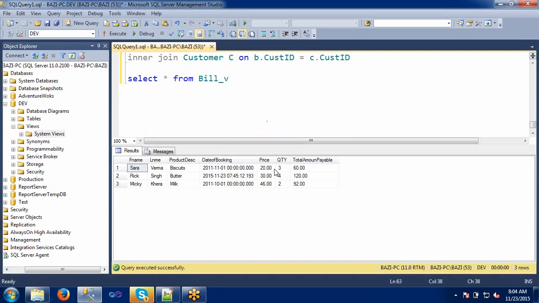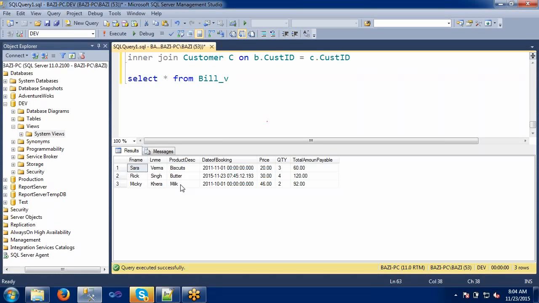Price and quantity are from the booking table, and total amount is a calculated value. This is a highly secured table, because whenever we call this view in the backend, it will fetch the data from the three different tables and display the data in the view. Like this, the view is very helpful and highly secured from any point of view.